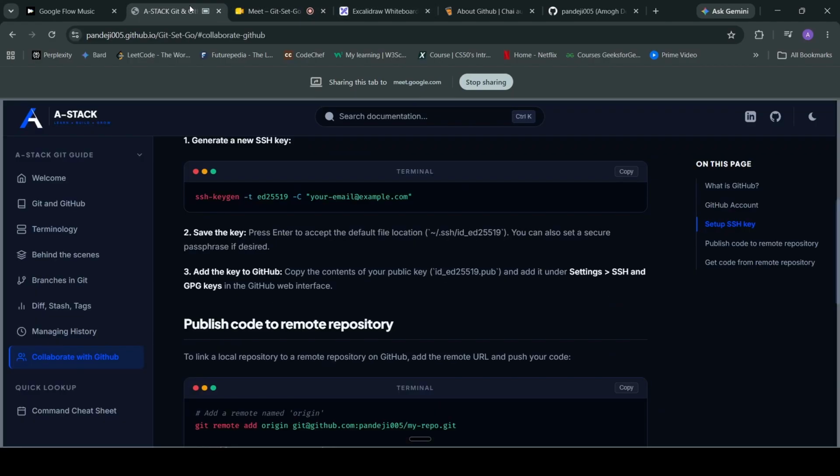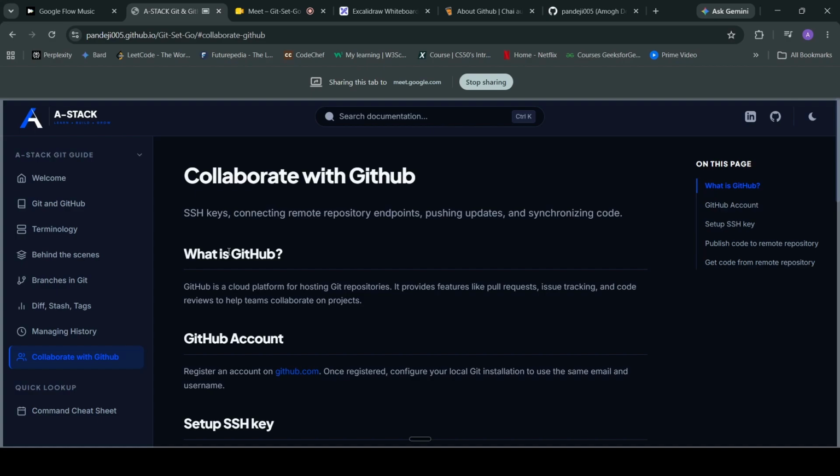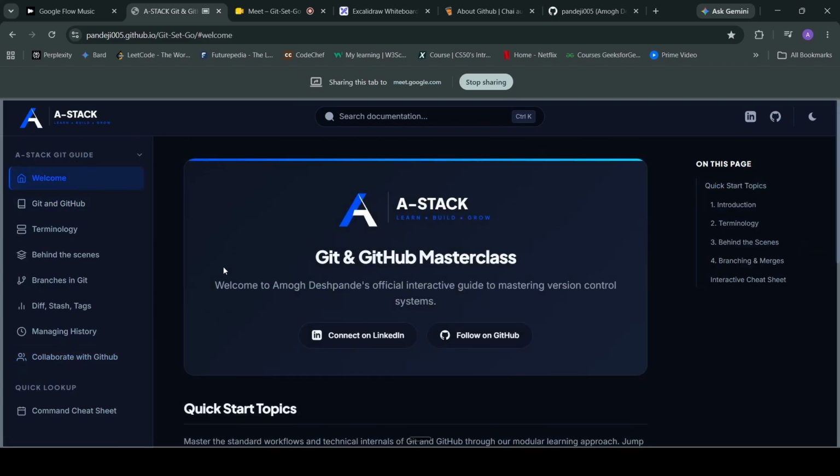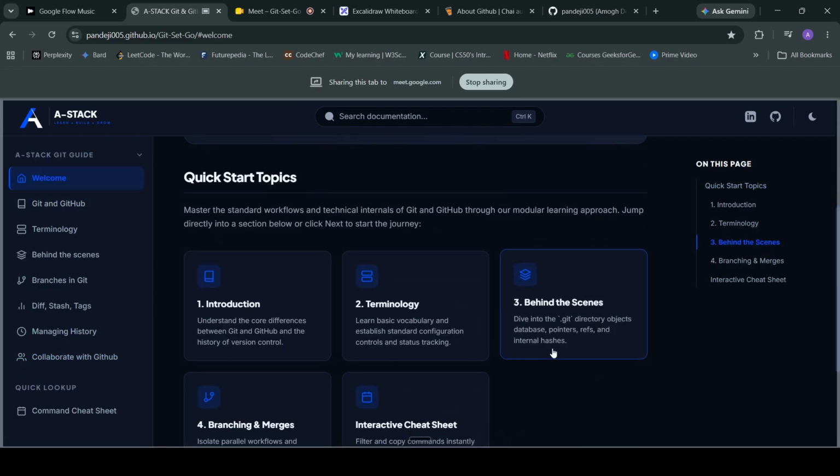Okay, yeah, it is visible. This is a GitHub documentation. I'll share the link later. When you open the link, you will land on this page. I will explain it to you along with this documentation.